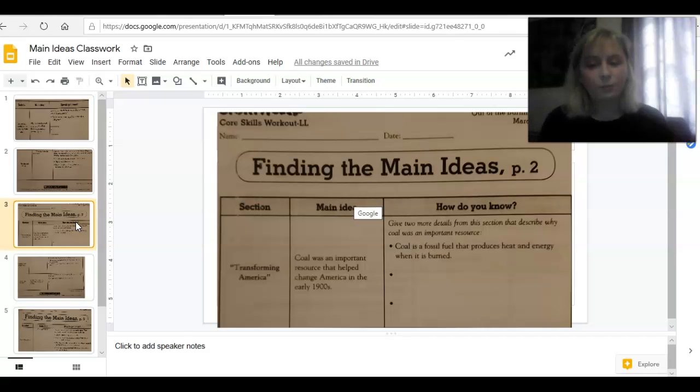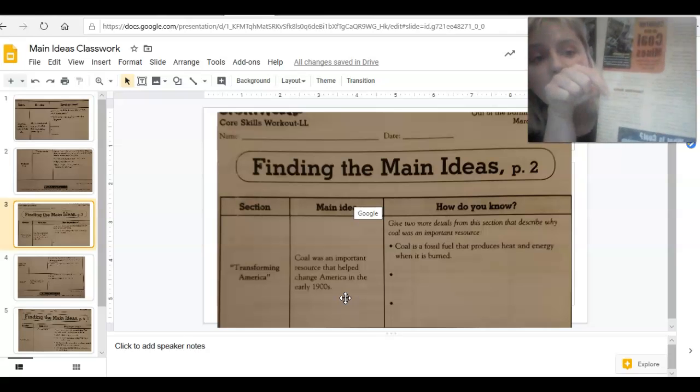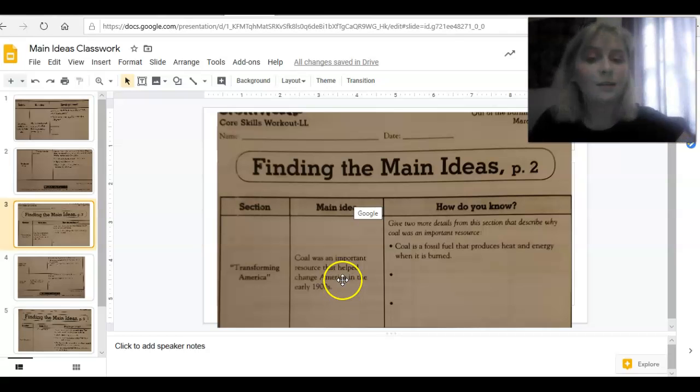All right, the next question comes from the section Transforming America. They give you the main idea. And again, this time you're going to be finding two details that support that main idea. And the main idea for Transforming America is coal was an important resource that helped change America in the early 1900s. And that is a really good subheading, Transforming America, because the main idea is all about how coal changed